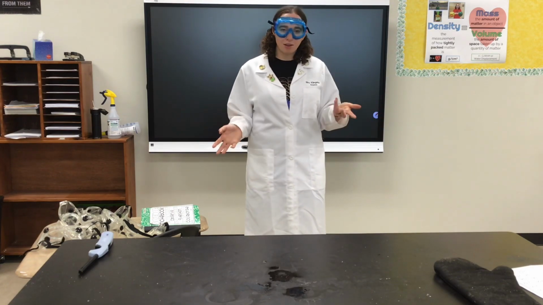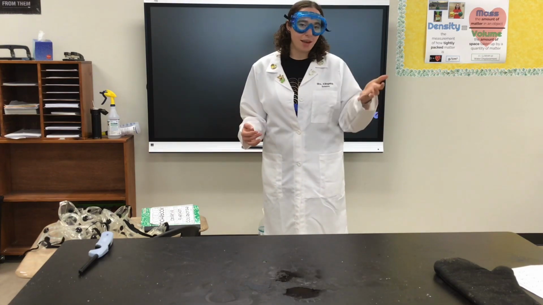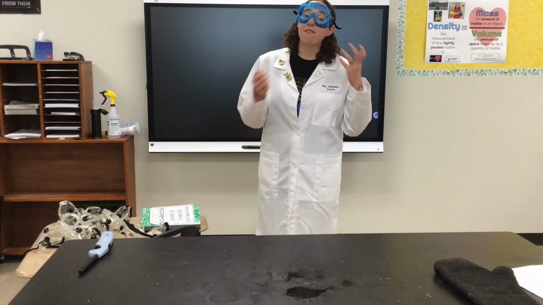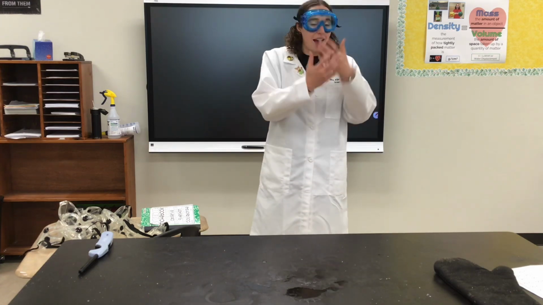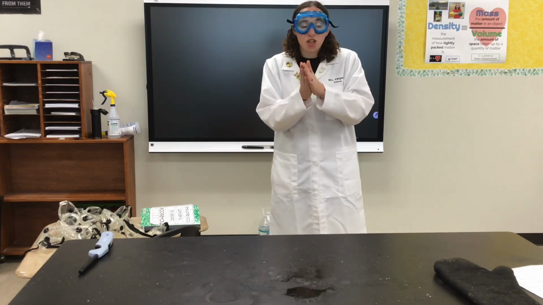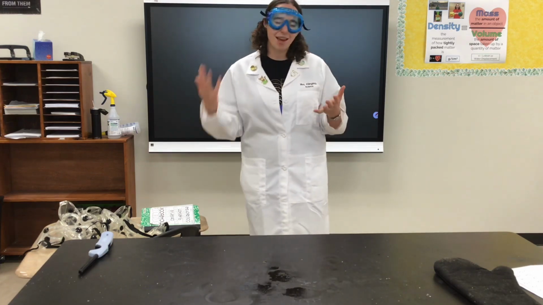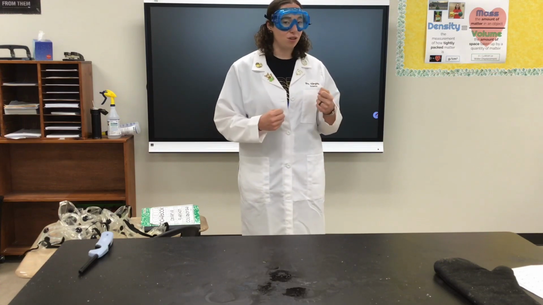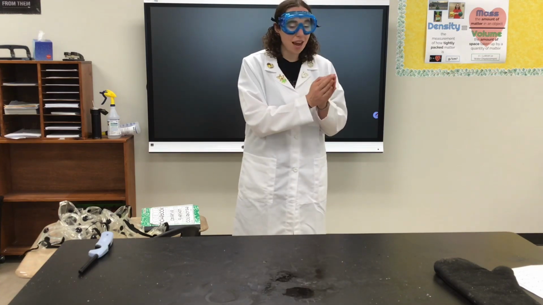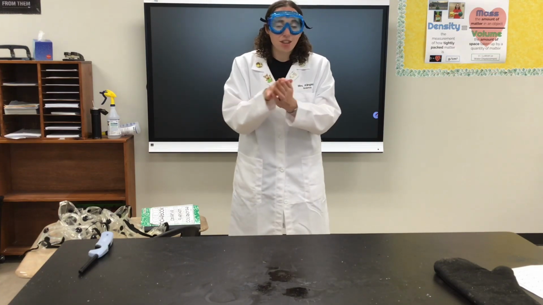So we talked earlier in the week about the difference between a chemical and a physical change. Remember, physical changes are when you have something and you apply the change, but the material stays the same. I have the same matter at the beginning and the end. But a chemical change is where I start with one type of matter, I apply the change, and then something